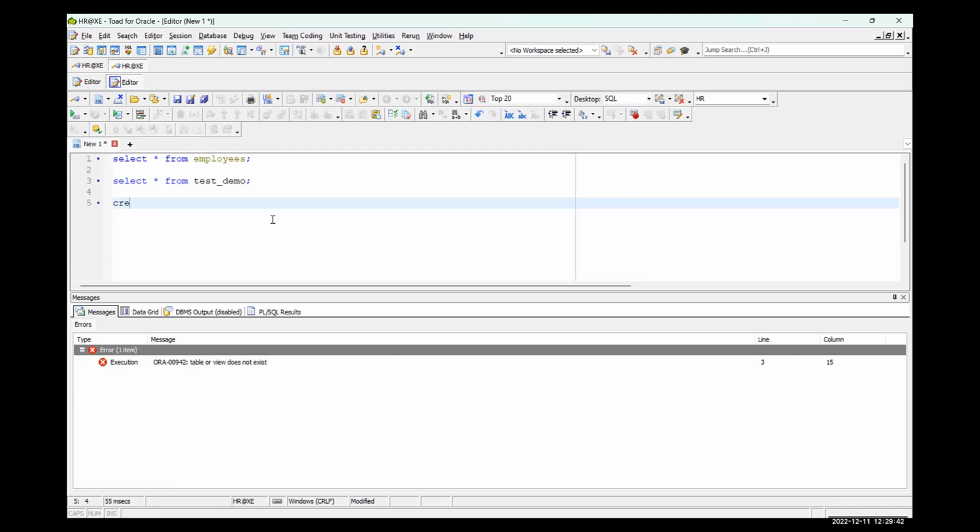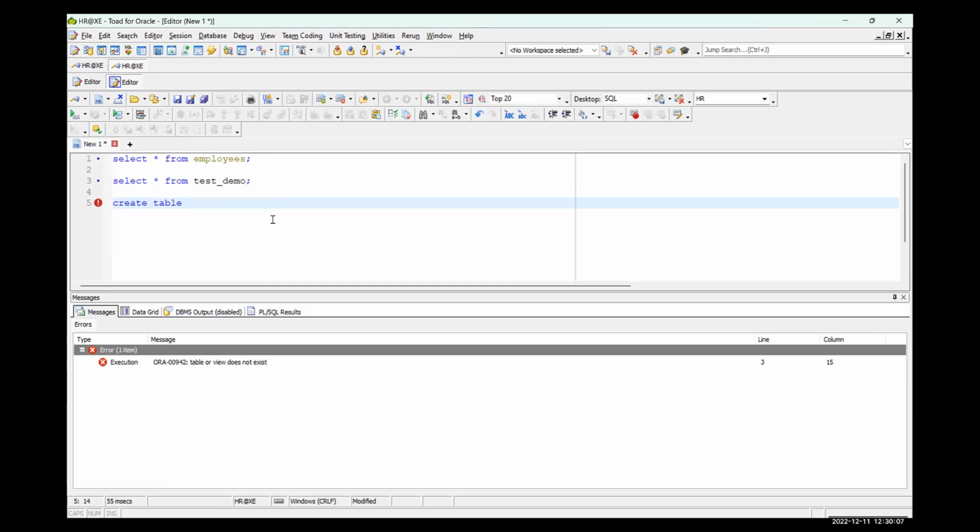Create table, table name, syntax. In this demo lecture, I'm not going to tell you what the syntax for create is; we will cover that later. Because this is the demo lecture, I just want you to understand what SQL is, why SQL, how it works, what DDL commands there are, and what PL/SQL is. That only we are going to cover. In depth, we will cover it in the actual lecture.